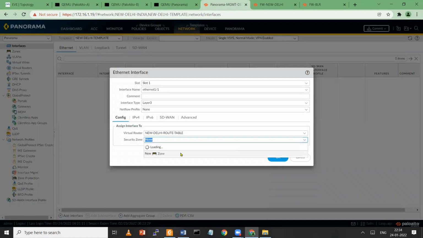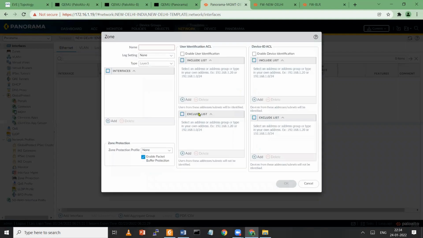And it is asking for security zone. So I'm giving the name Delhi Untrust. Just to distinguish, I'm using this kind of naming.